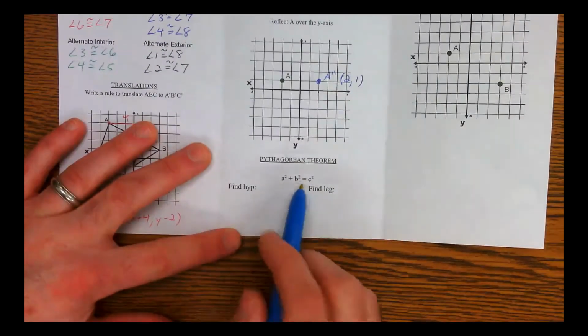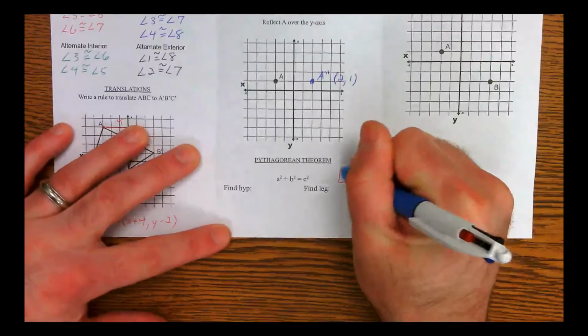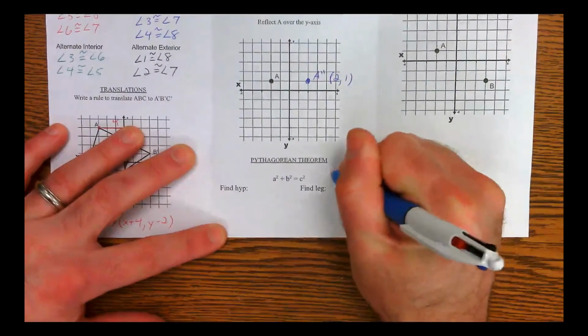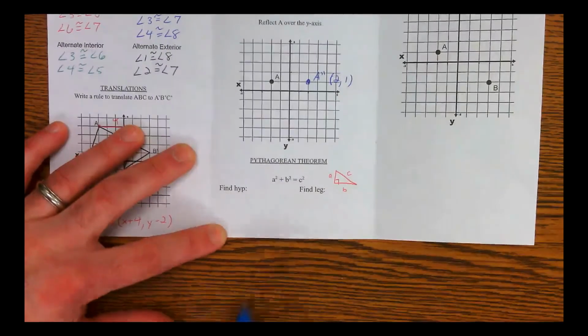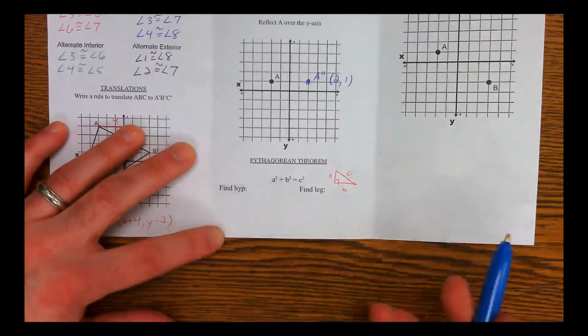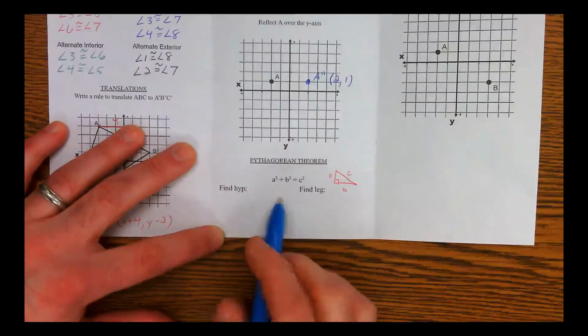a squared plus b squared equals c squared. It doesn't matter what you put in for a and b. It could be this one or this one and flip them around. But c's got to be the hypotenuse. There's two things you can do with the Pythagorean theorem, if not more, but on the benchmark, it's one of